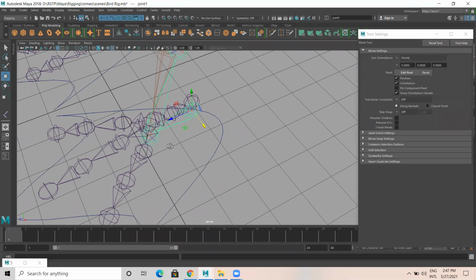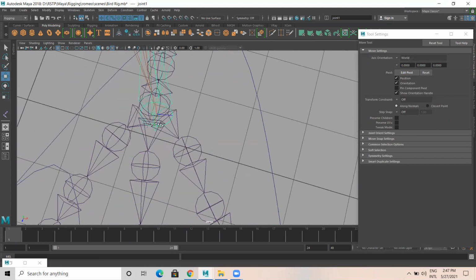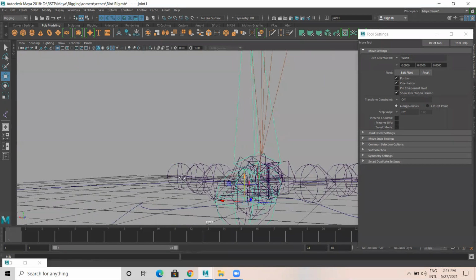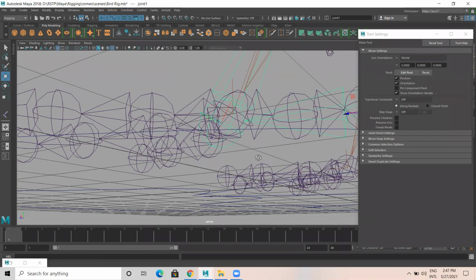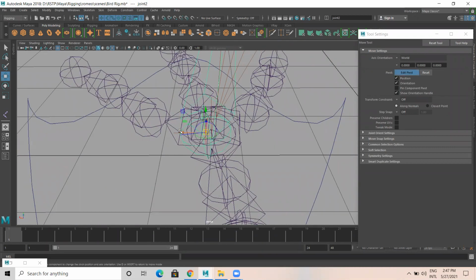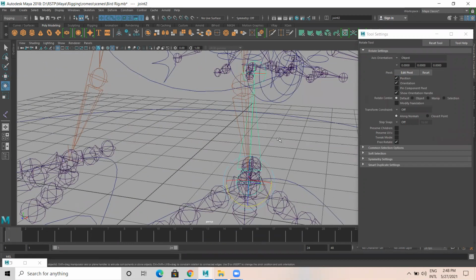I'm going to move this a bit here. So you see, is the ball joint in the right place or not? Select the ball joint and rotate this so that the toe is in a proper place.